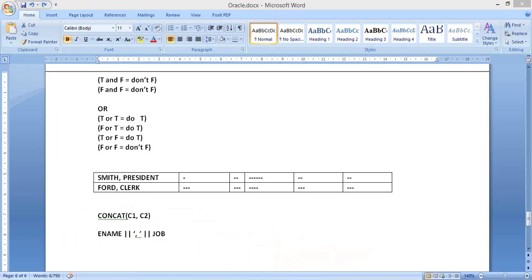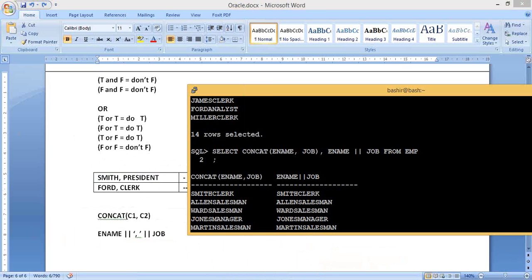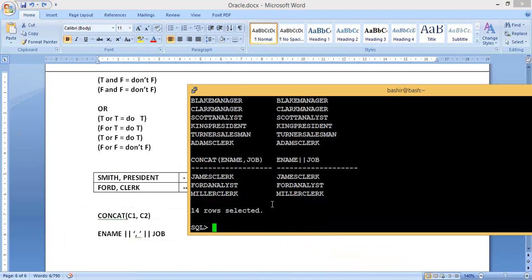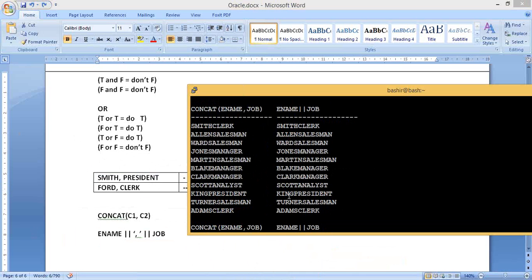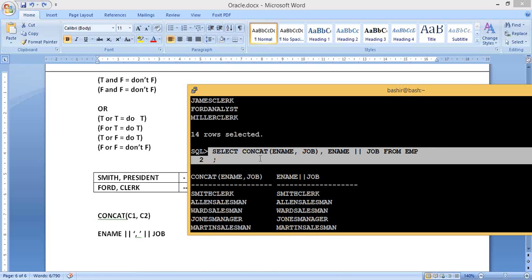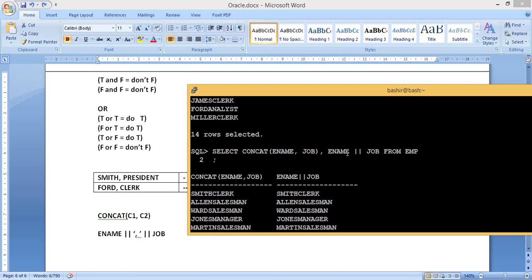Error at line 1, and then ORA-00923: FROM keyword not found where expected. So the problem is not with the operator, it is something like you are missing or using in an improper way. I did select. Oh, I should not write concat, right, if I'm doing these parallel lines? If you look at the query which I have written, you can use both at the same time, but the thing is that